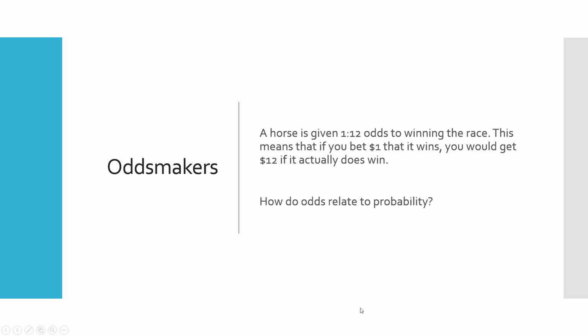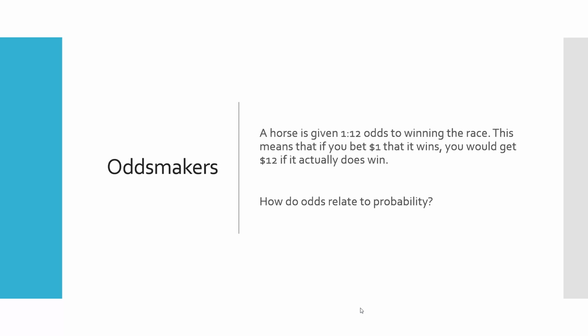Welcome back. So we've looked at negation, or complements, in the previous video. Now we'll look at something else, also random, also unrelated to the previous concept of negation. But let's talk about odds and odds makers. And again, this is because probability and gambling have a long and storied history. So let's relate what we know now to the odds pages and odds tables you might see in a sports column or in Vegas or something like that.